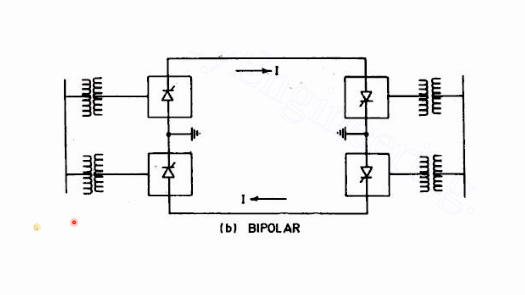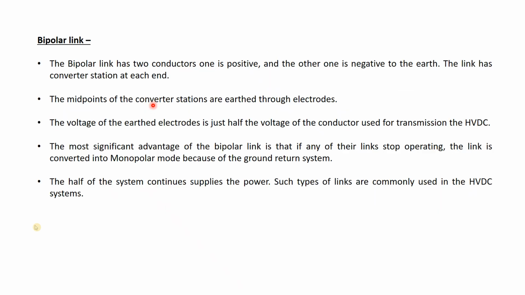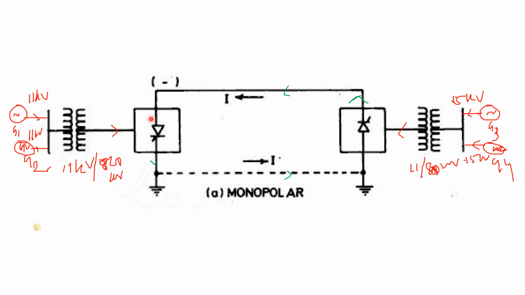It is just for your understanding that in multiple areas, if this is one area, this is another area, and this is one bus bar, or you can say the infinite bus of, say, area 1, this is area 2. A few hundred kilometers away, the right side is area 2, and it is connected to the bus bar, the infinite bus. The two transformers are there. That means the power has to be transformed between the buses. That means the power has to be stepped up. So power is stepped up.